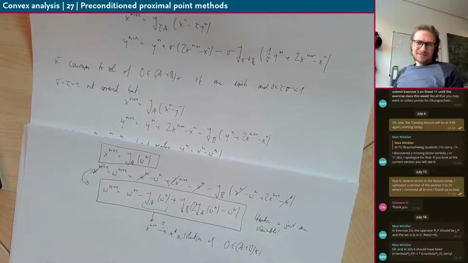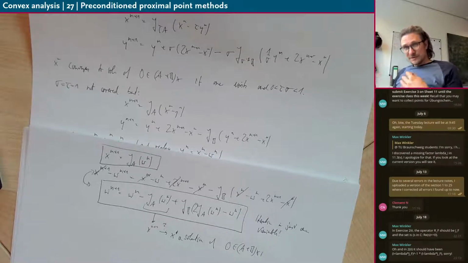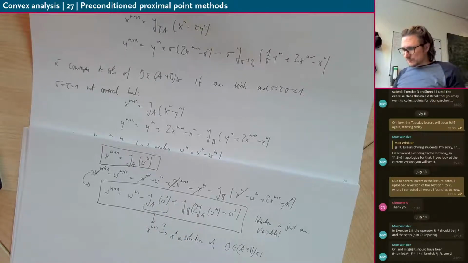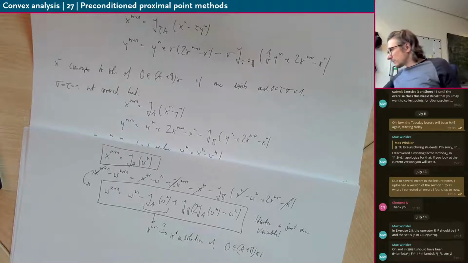We don't know that yet. So why don't we know that? This would be nice if it would be like this, because then we would have the iteration just in one variable, and one of these intermediate variable values will still converge to a solution. But it's not clear, and the point is that our preconditioner